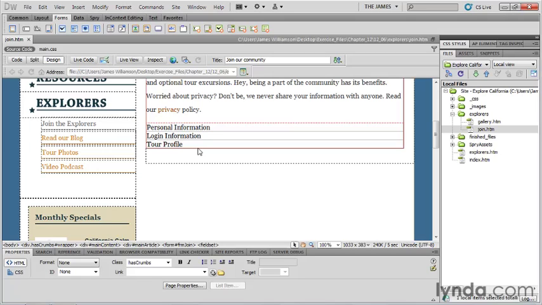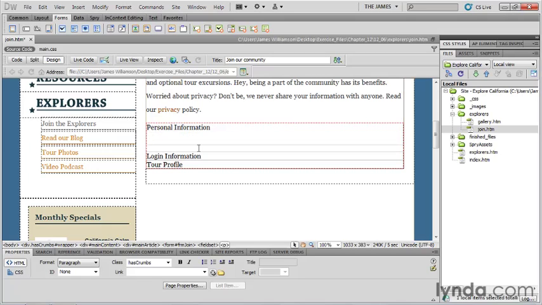If you hit return, you'll create a paragraph, and the way that we're going to structure our form is that each form element is going to be in a separate paragraph. Now, it might seem at first that that's adding unnecessary structure, but the truth of it is those paragraphs are going to allow us to lay out and space our form elements in a way that would be difficult to control otherwise. So now I'm going to go up to my input panel, and I'm going to insert a text